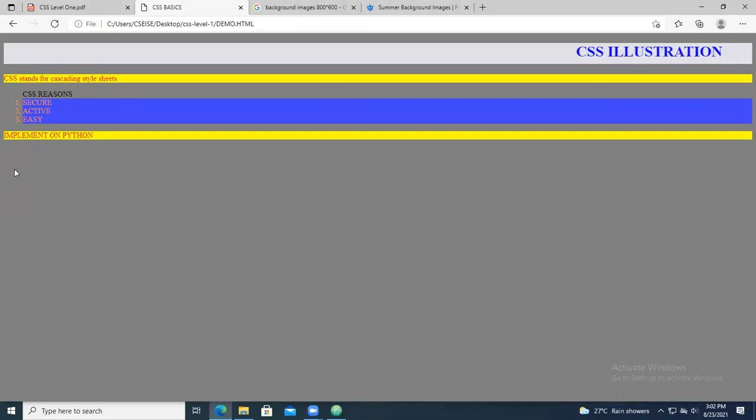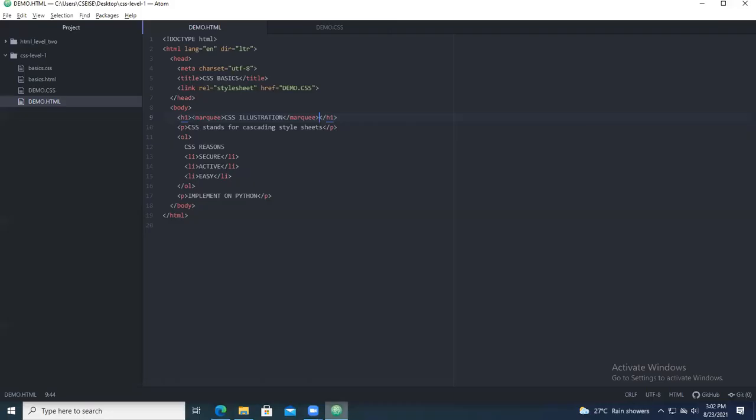Suppose you want to make this as part 1 and this as part 2. So now you divide the entire web page into parts. Okay, so I can tell you this is the thing I want to divide. If this is the case, then you go with a div tag. So the div tag will divide the entire thing into different division parts.